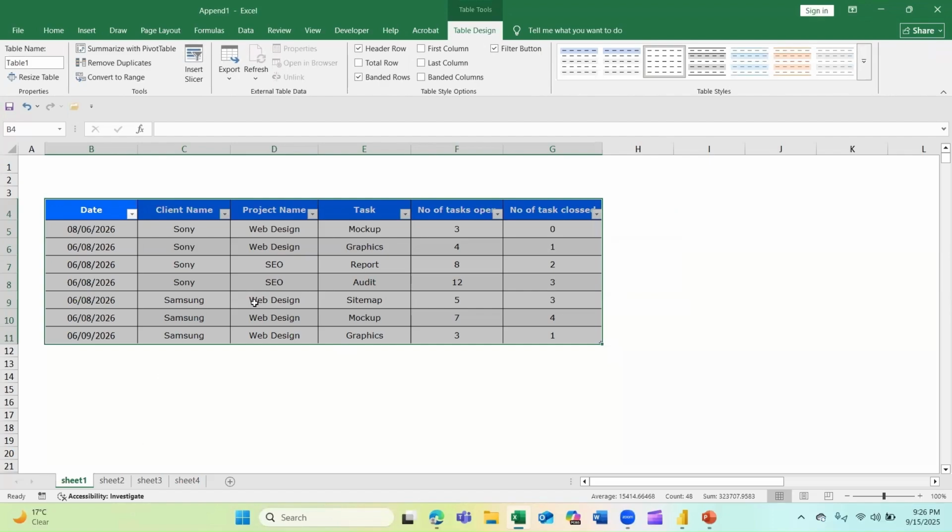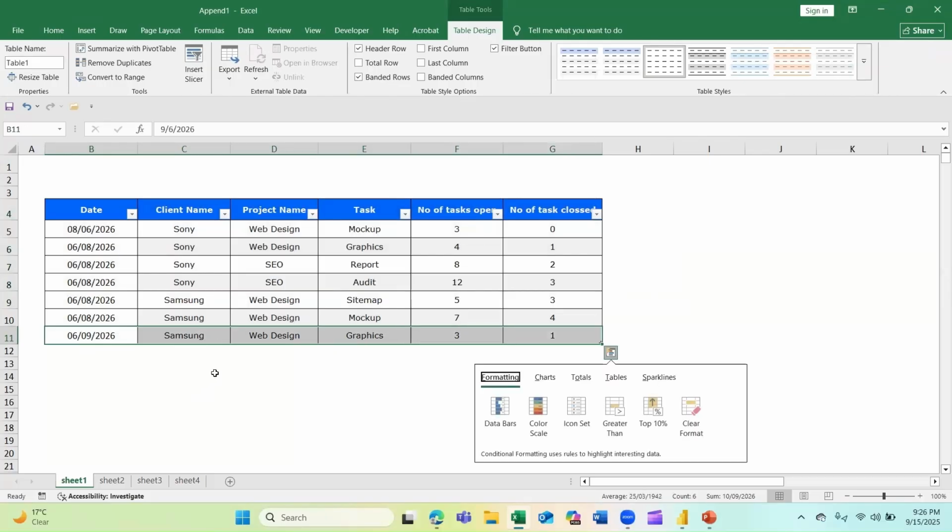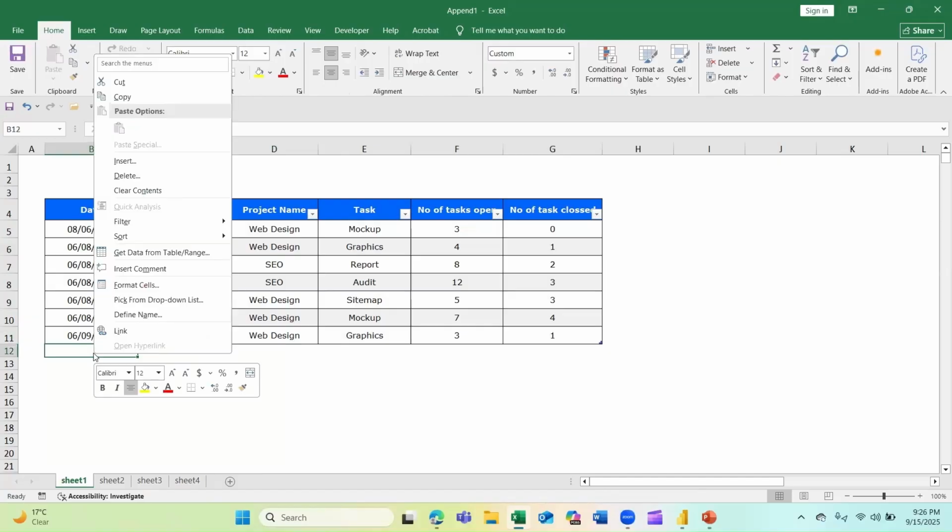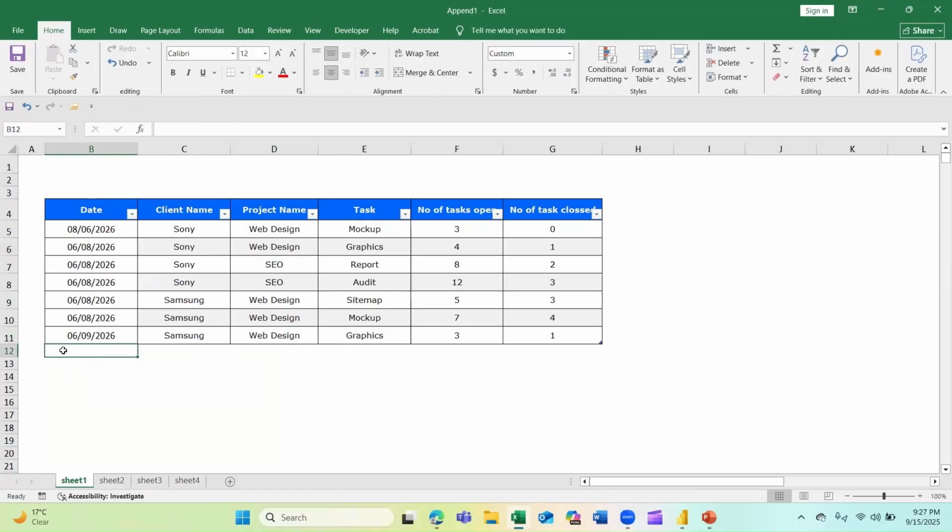When I go back, I will only get this table. I will not have any empty rows, empty columns or additional columns. That's the advantage. And don't worry, every time you add a new line to your table, let's copy this and add it here below, the table will expand automatically.